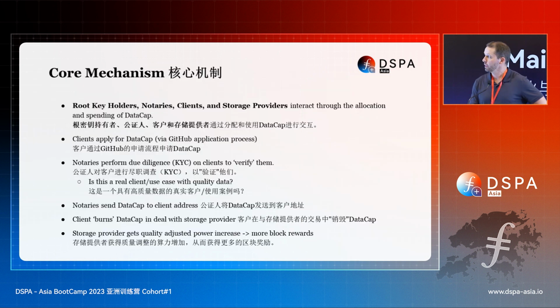Okay, so how Filecoin Plus works then, I mentioned the different roles, but basically the clients apply, they go to GitHub, they apply for data cap. There's an application with some questions about, you know, what is the data, how large is the data set, what are your requirements for storing the data. You know, they answer a series of questions. And it's important to mention,